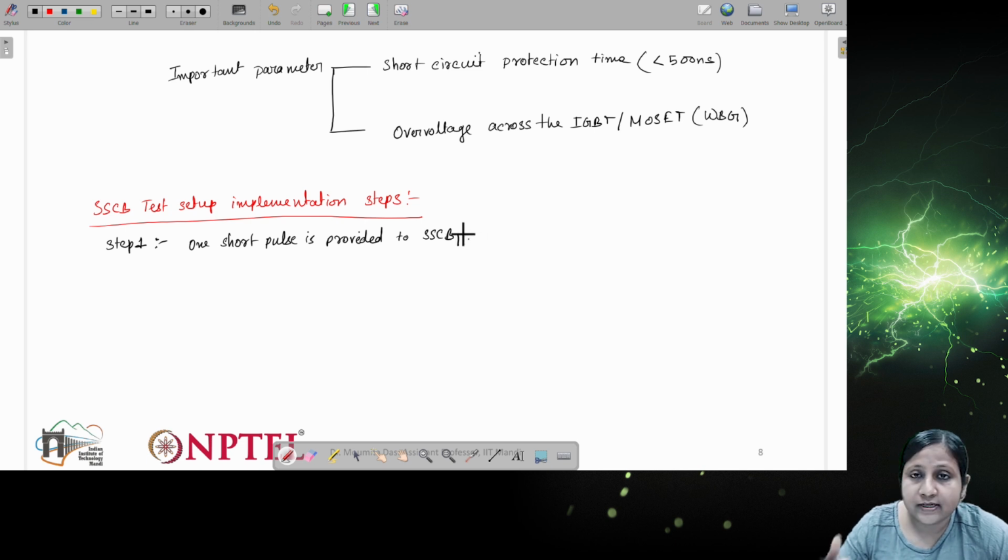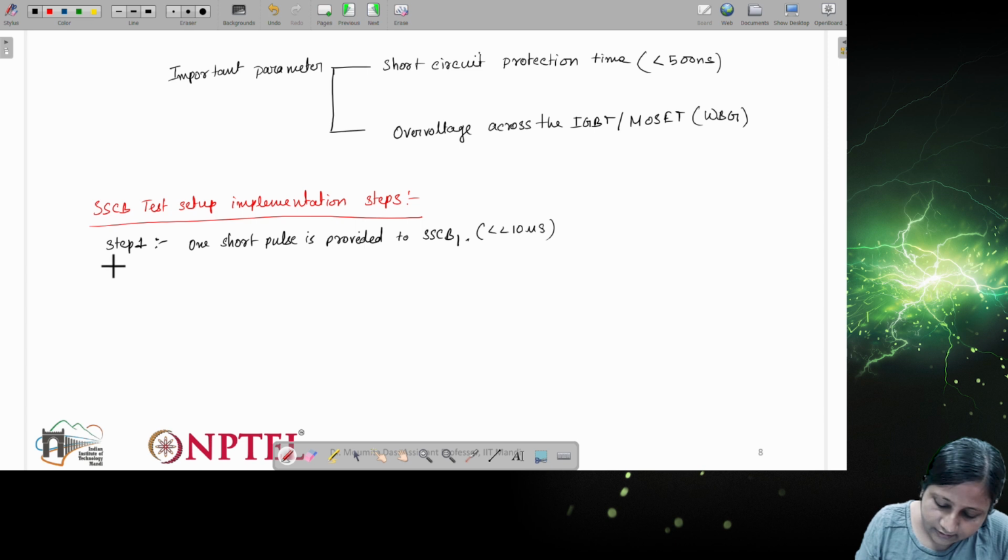It should be less than 10 microseconds, but slightly higher than the protection time. Let's say if it is 200 nanoseconds, we can provide it for 500 nanoseconds. Then we can check whether the device is responding or not. Obviously this should be much less than 10 microseconds, which is given for silicon devices. Okay, now step 2.